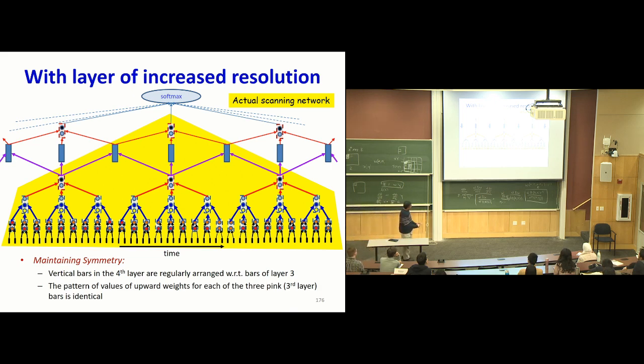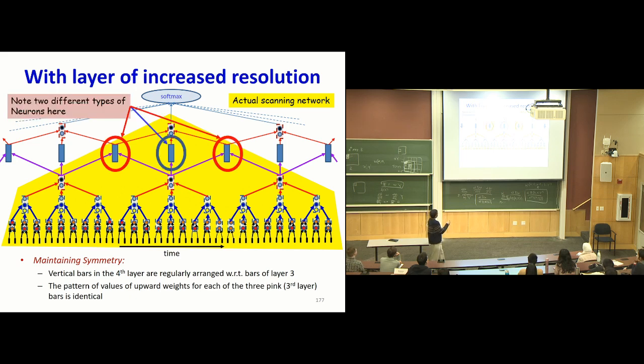What is happening is now I'm scanning a much wider region of the input, and this is the tree that's actually scanning the input, correct? And once I look at it this way, you realize that these 3 neurons need not all be the same. I'm just scanning up, right? These 3 bars. So in fact, what we have is these 2 guys are the same, but this one is different. When you actually look at it like so, right? So a different way to